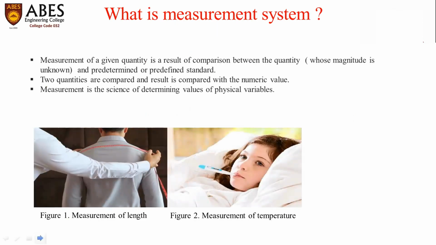So what is the measurement system? Measurement of a given quantity is the result of comparison between the quantity whose magnitude is unknown and predetermined or predefined standards. So two quantities are being compared and the result is expressed with its numerical value. Measurement is the science of determining values of physical variables. In layman's terms, we can say that measurement is to compare the result with some standard value. For example,